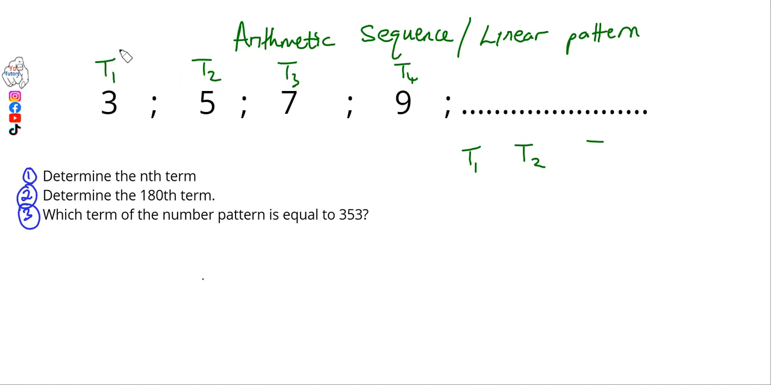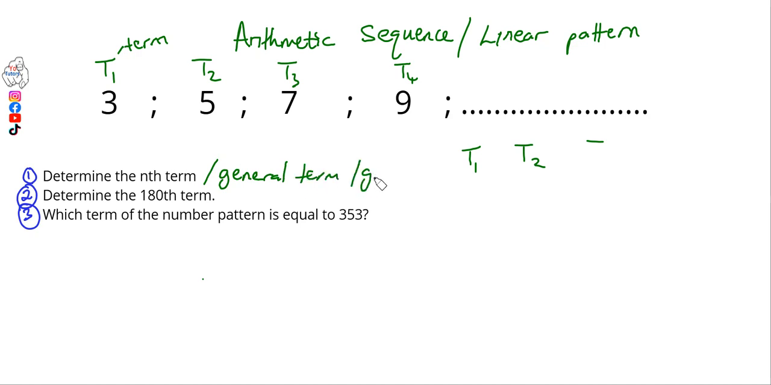Now, when you're saying T, it means a term. So 3 is term 1, and 5 is term 2, 7 is term 3, and it goes on like that. But now this is a sequence, and when you are given this, you want to determine, to predict any value in the sequence. So when we are given this, we are able to find the general term. In this case here, we're asked to determine the nth term. So the nth term can also mean the general term